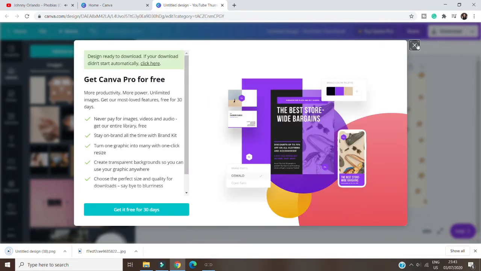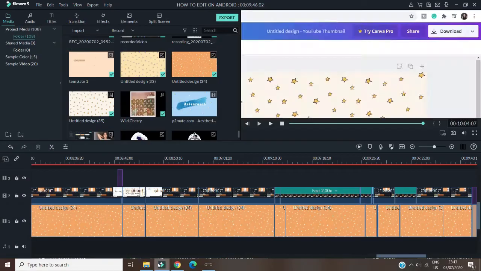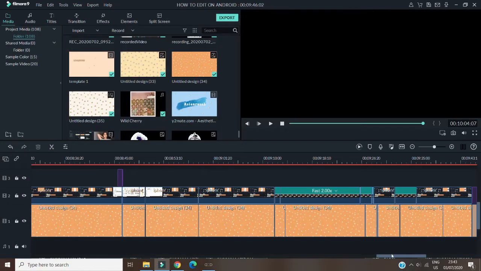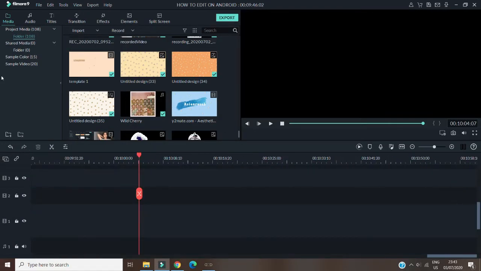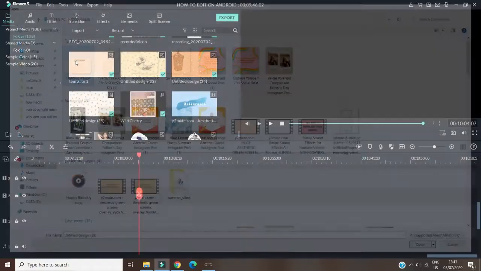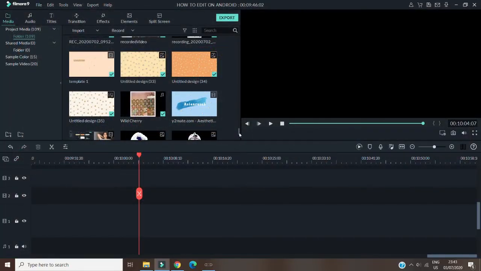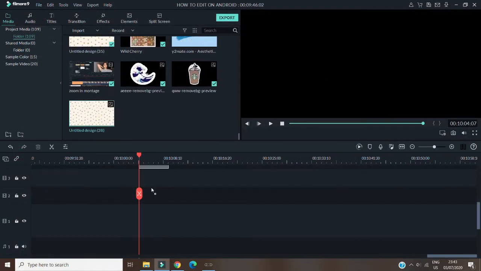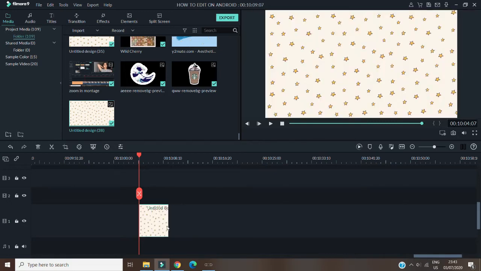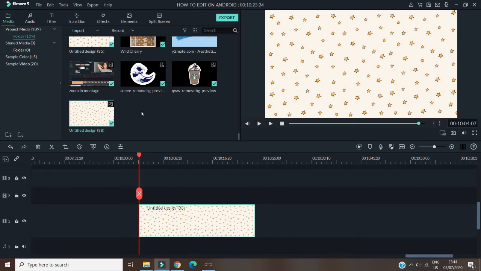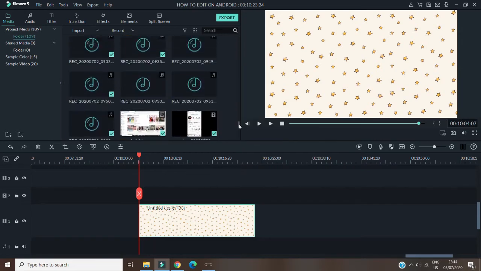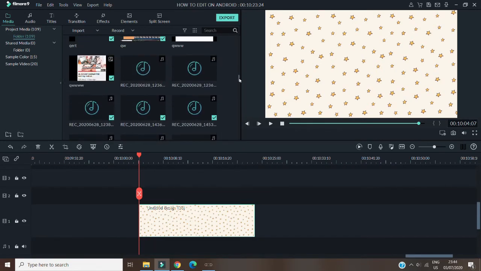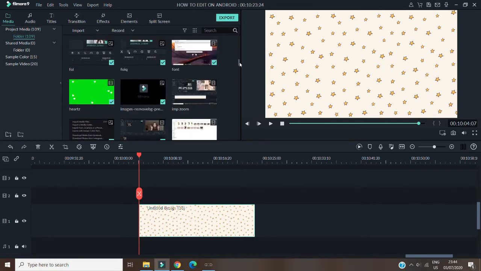Once that is done, you go back to Filmora and import the file, because obviously you need to use it. Once you import the file, what you're going to do is first put the background down and extend it to a minimum length you think. Now I had a screen recording, so I'm really going to use that at this point. So what I'm going to do is search for any video,